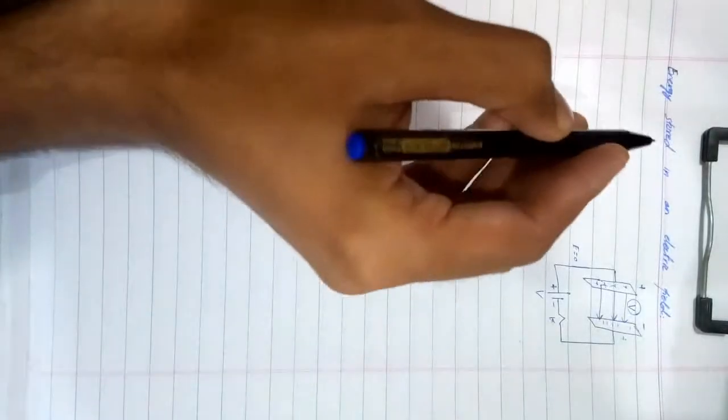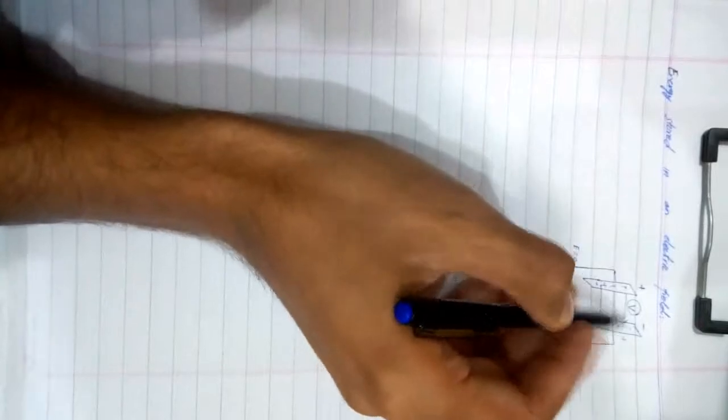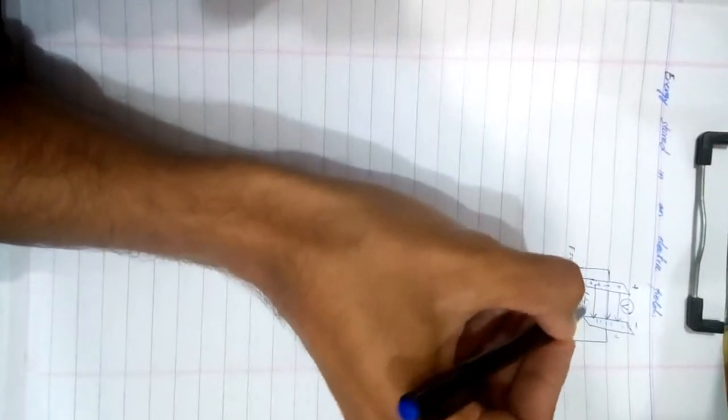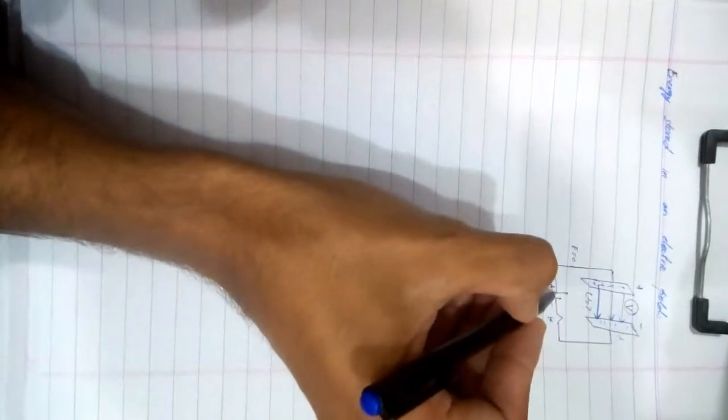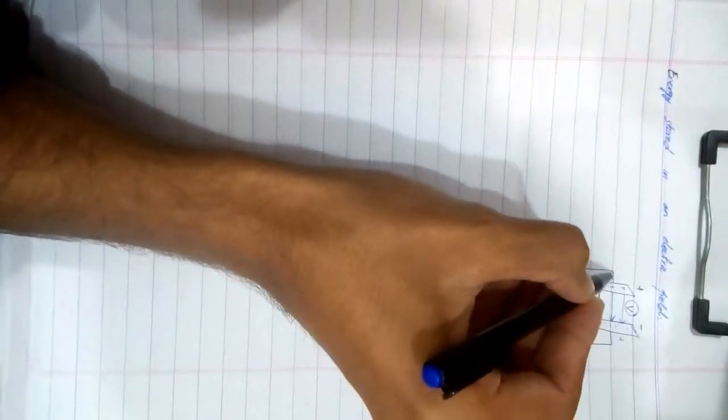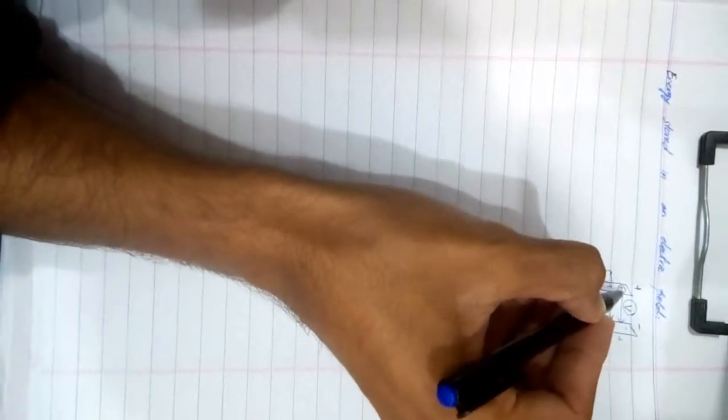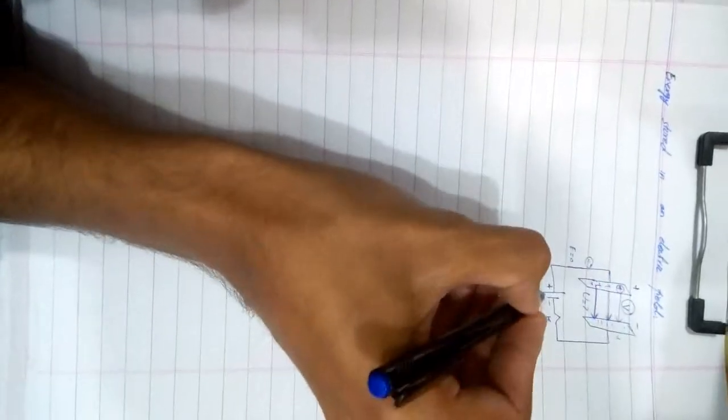So that's why we have the topic energy stored in an electric field. This is the electric field, and the energy, denoted by U, is inside this electric field. We have to determine it. To understand that, let us say when the battery's positive terminal draws a negative charge, a positive charge is introduced here. The work done by the battery on this charge can be written as W equals Q prime into V prime, where V prime is the potential difference introduced due to that charge.